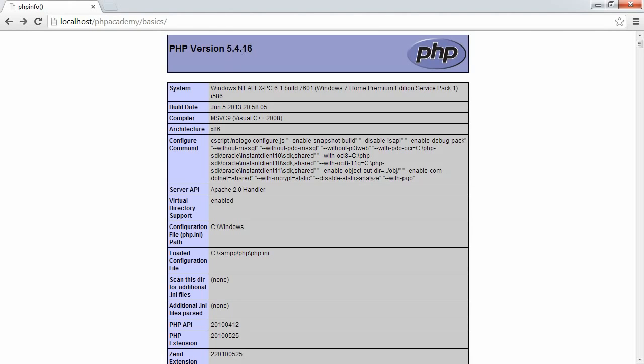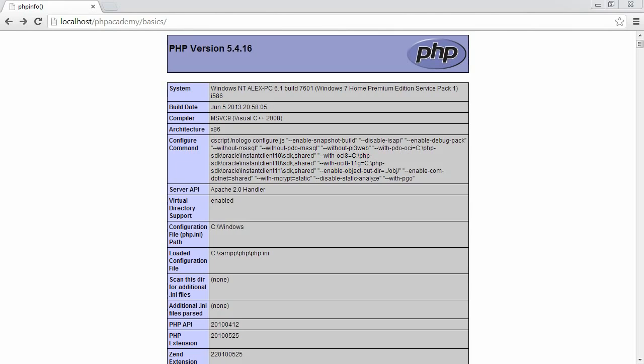5.4.16. This is also useful because you can keep up to date with which version you're running. Certain functionality in newer versions might be deprecated, and you might want to access functionality in newer versions, so you might want to go ahead and update your PHP installation. And as I said before, this just lists certain information about our installation of PHP. You can see different configuration files, so it's good to have this to hand if you ever need to just